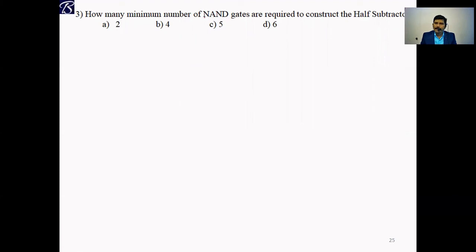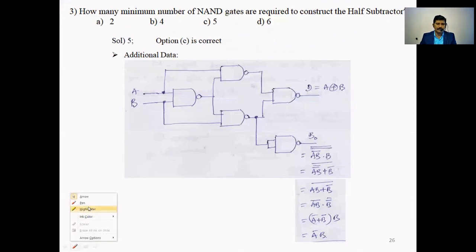Now tell me, what is the minimum number of NAND gates required for a half subtractor? It is still 5. Only 2 things we need to remember, 5 and 9. Okay, so the half subtractor is 5. Let us see, we have already seen this is the difference, A XOR B, with 4 NAND gates. Instead of taking it here, now you take it here. So one more NAND gate is required. If you go on subtracting, you will get A bar B, that is the borrow of the half subtractor. Okay, please note this down. This we already discussed in the concept.